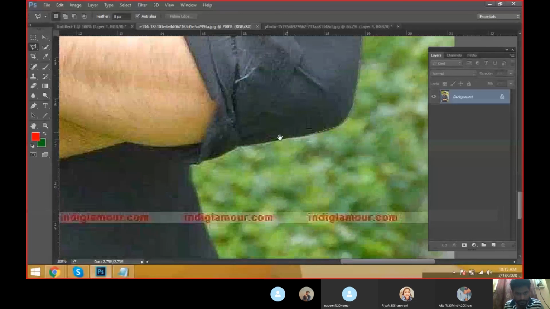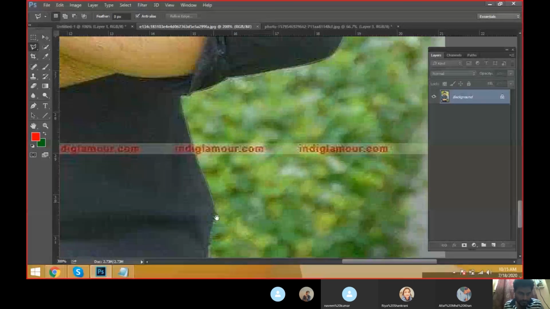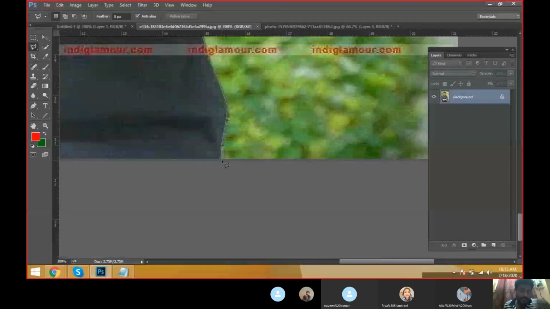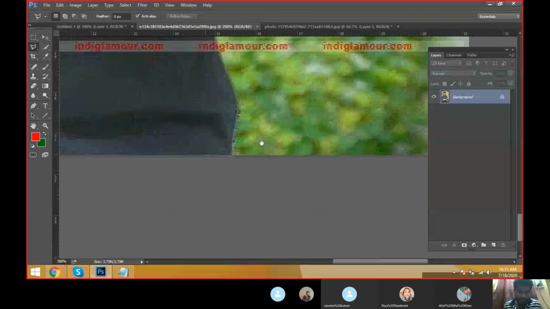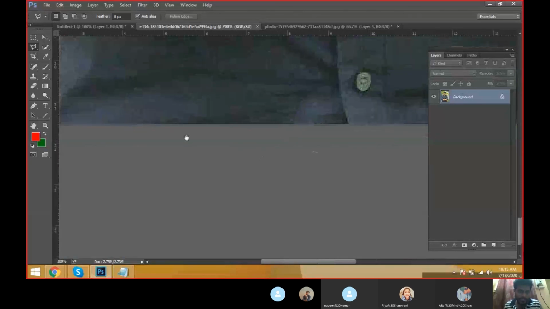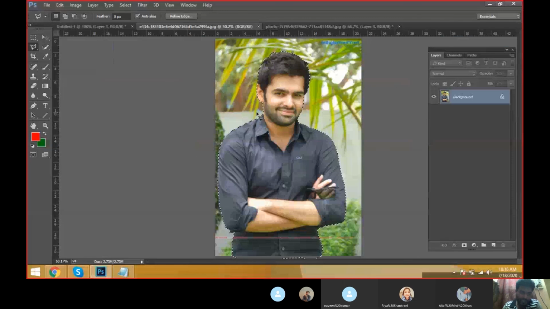Like this we have to. The practicals are very important, man. Just don't miss the practicals, please. The edges and the corners you have to do very perfectly. Just come like this. This is the edges. No, already it is the end of the part. That's why you can keep it like this. Anything. Just come to here. The out point. Click it here, and you get the selection clear.